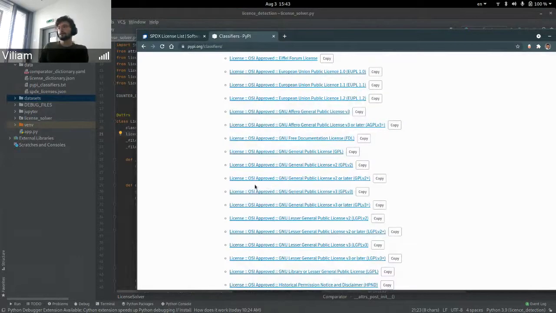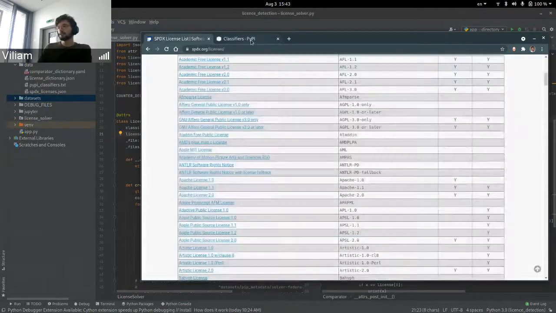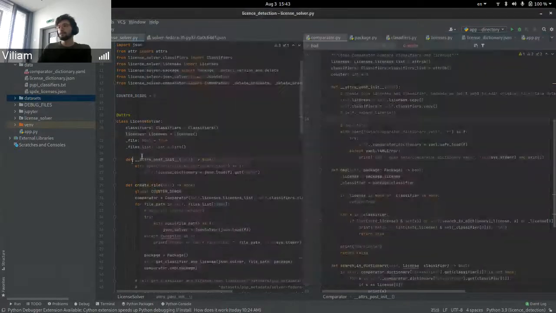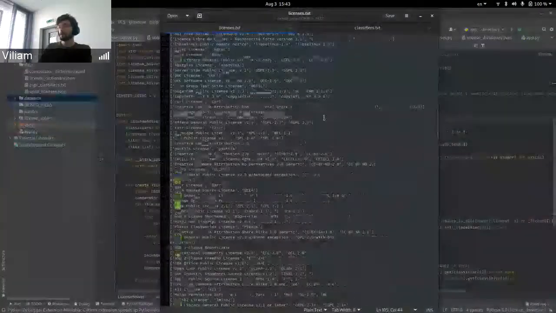Classifiers are standards for PyPI. So I'm extracting these standards from these sites, which we can see, and creating list aliases for them,